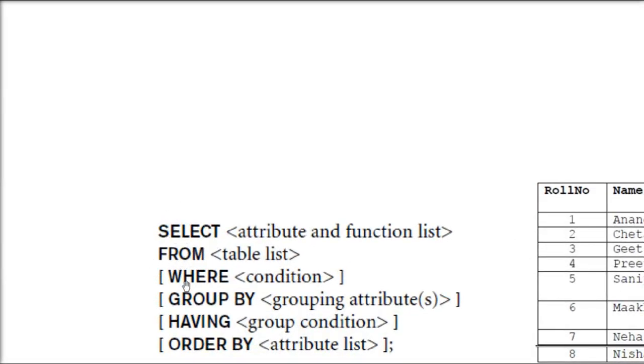Let me tell you first thing: select, from, where, after that group by will come, after that having, after that order by. Where cannot come after group by, and having cannot come after from, because having only comes with group by, and order by always comes after having. Please remember, this is the way the query should be written. If you break the rule, the command is not going to work. Select from where, group by, having, order by. Group by is grouping the columns, having is a certain condition on the groups, and order by is ascending or descending.